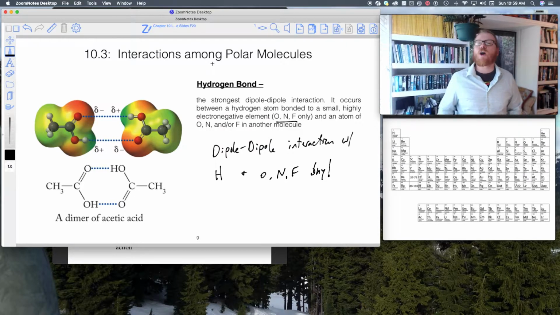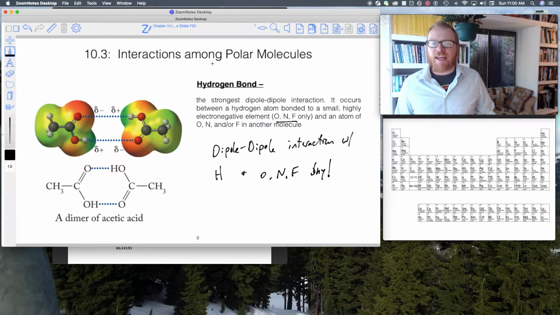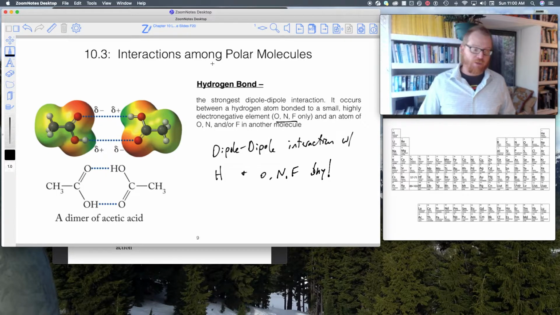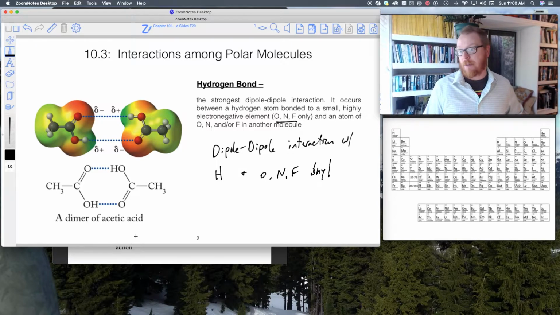It's important to note this is not an intramolecular hydrogen bond. This is an intermolecular hydrogen bond. Okay? So if we look at acetic acid, for example, acetic acid can make these beautiful dimers,